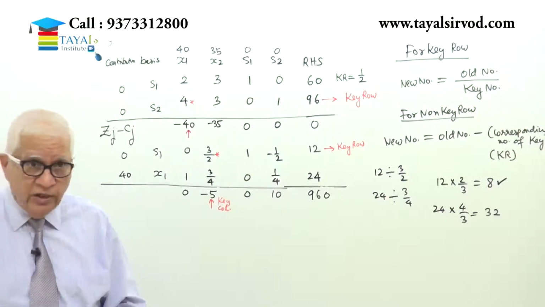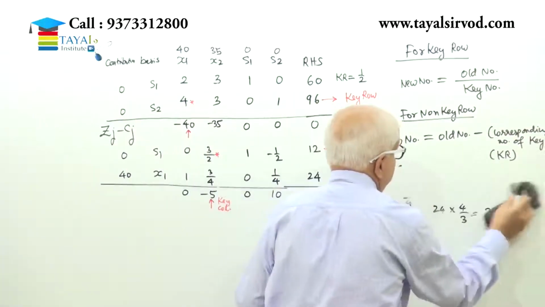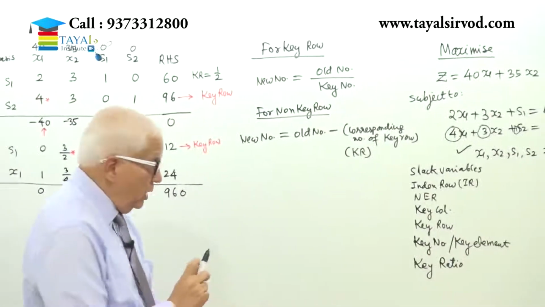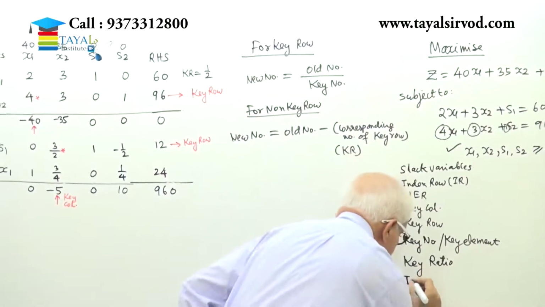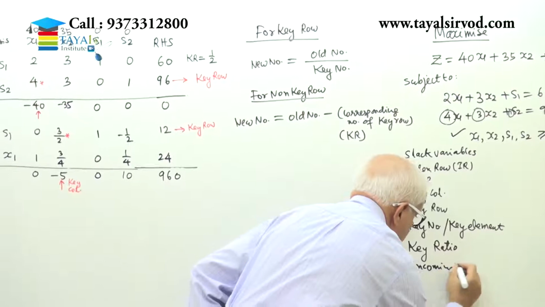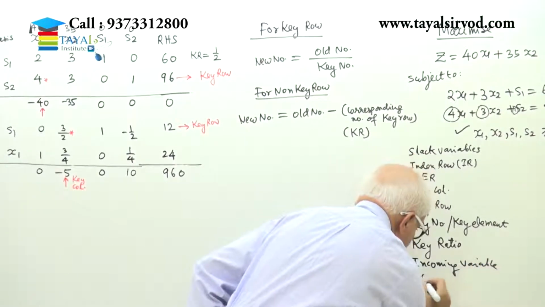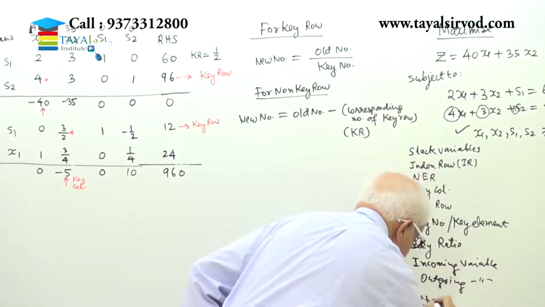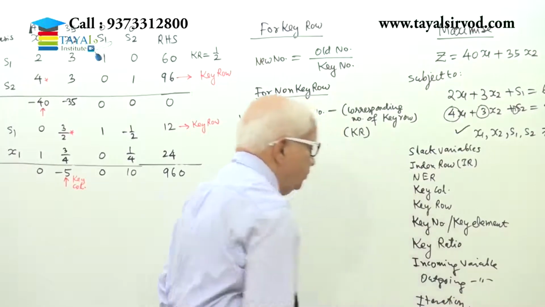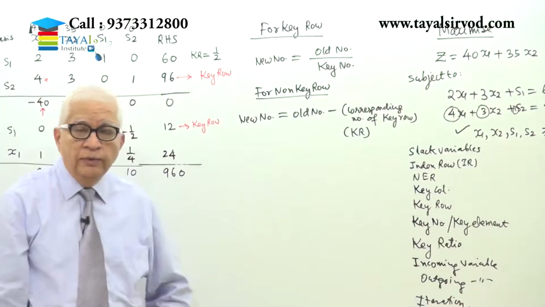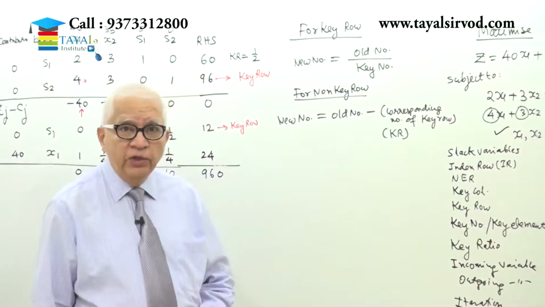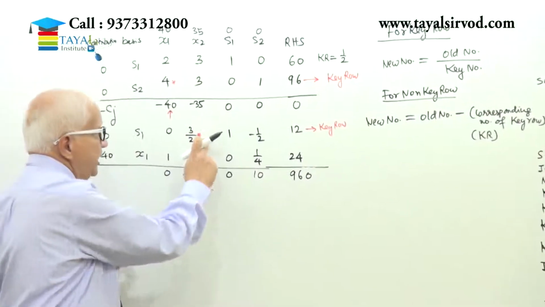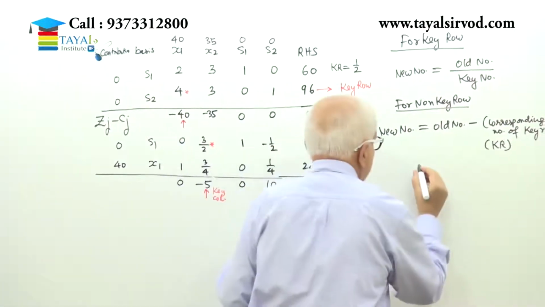Now write down the numbers in the key column. We are yet to find out the key ratio. Remember, the key ratio has to be found out. What are the new terms introduced by us? Incoming variable, and then outgoing variable, and then we use the word iteration. These are the new terms which we have used so far. Okay. So now, having identified the key row and key column, we have identified the key number. I have put an asterisk on the key number now, and that is 3 by 2. So I will write now the numbers in the key column.